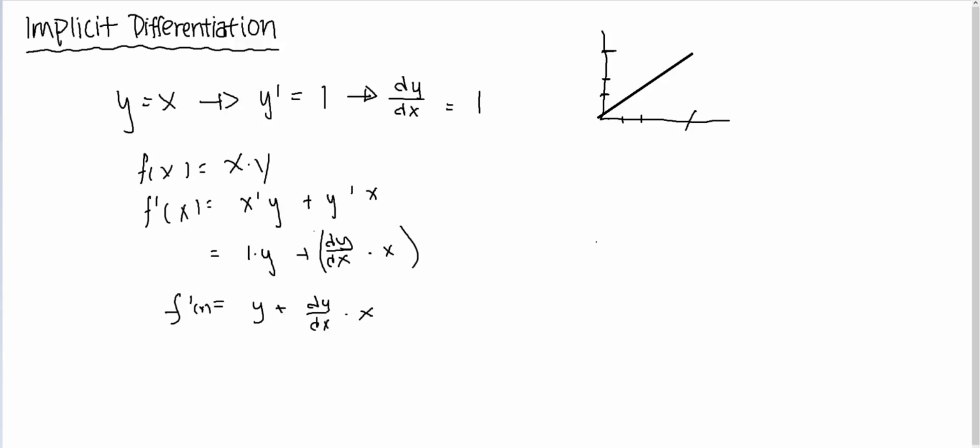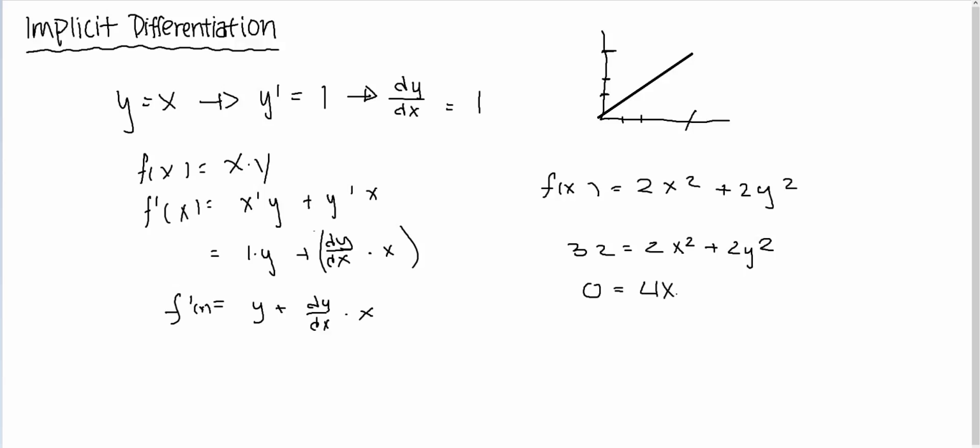So let's try a problem. Let's say we wanted to find the derivative of the function f of x is equal to 2x squared plus 2y squared, and this f of x value we're saying is going to equal 32. So we'll say 32 equals 2x squared plus 2y squared. Okay? So when we take the derivative, we're going to get 0, because the derivative of any constant is 0, is equal to 4x plus